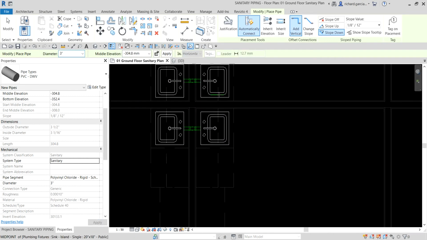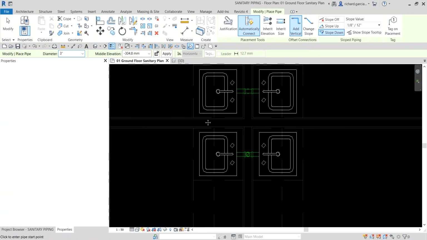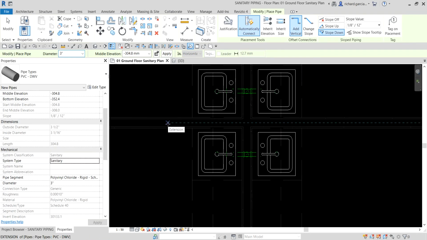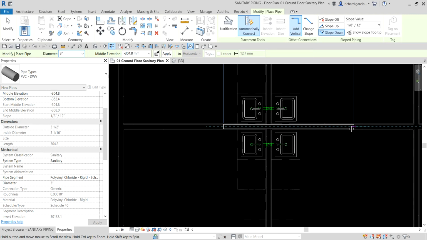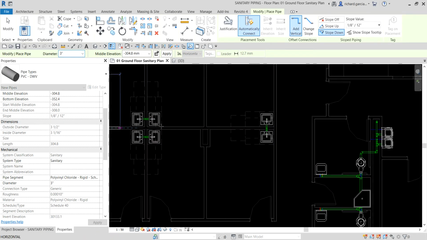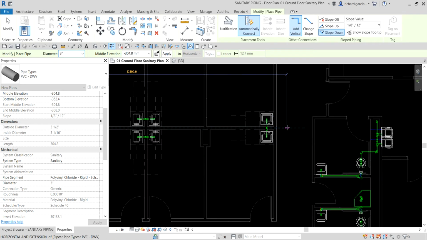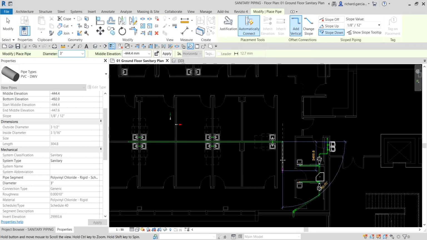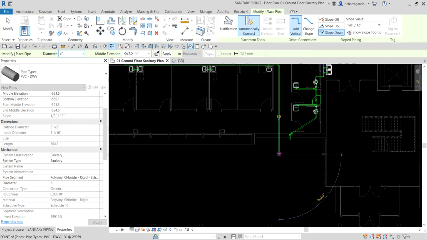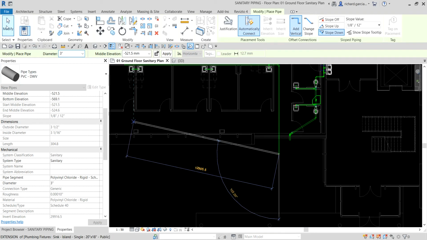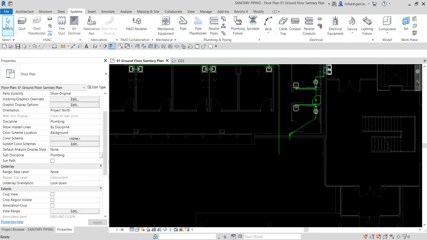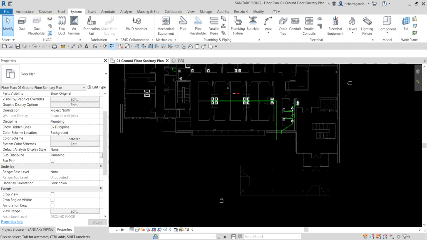Right, so I'm going to start here. Okay, I'm going to pick, and then after that I'm going to pick all the way here, and then going down here. Okay, there you go, and then I select Modify. Right. Okay, so just in case you encounter an error saying that some of the pipe is not appearing properly,